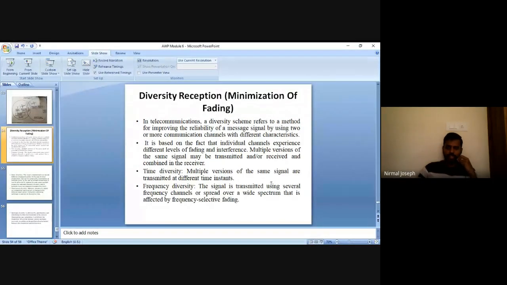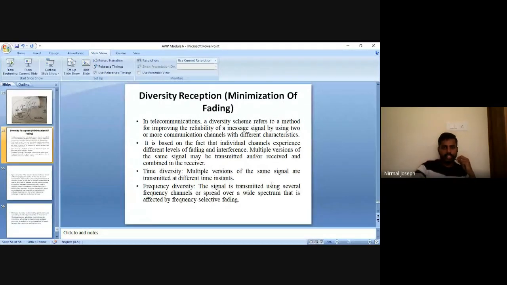Okay, fading, you already know what fading is. You might have studied it in digital communication. So in order to reduce that fading, at the time of reception, we are employing this diversity reception. This is just theory only. It's not that important. I have not seen this asked too many times in university examinations. So we will just go through what this is.